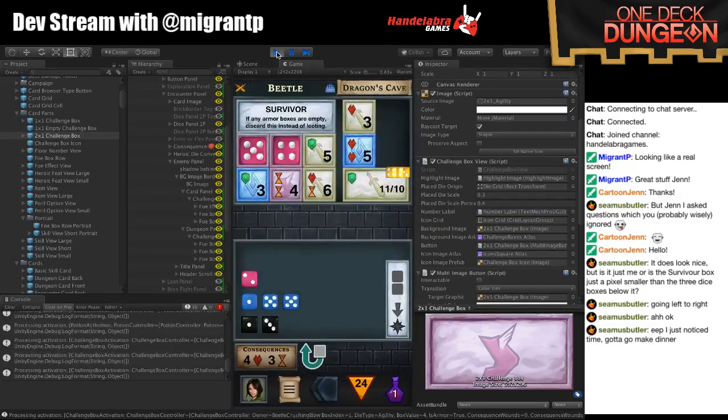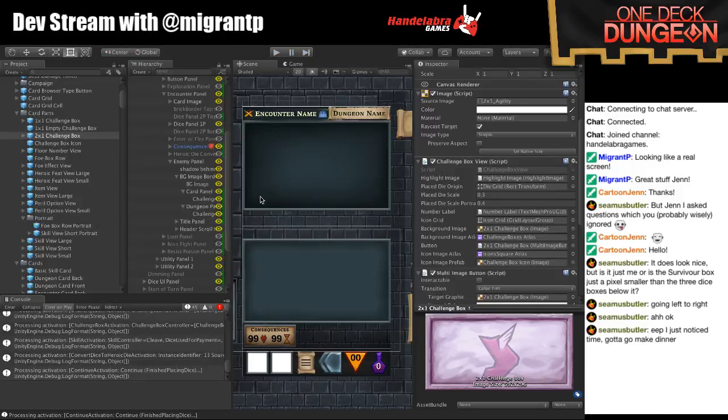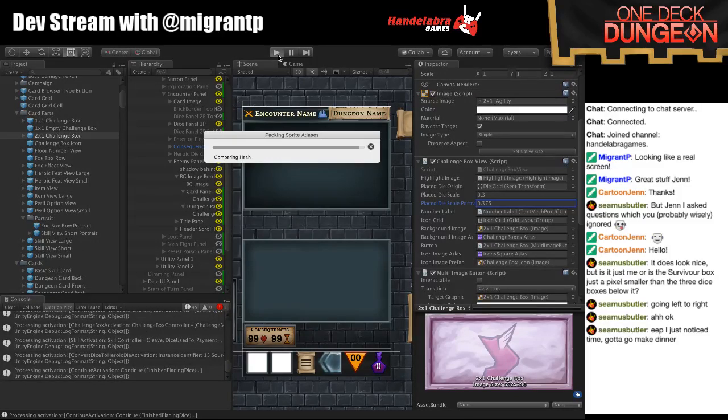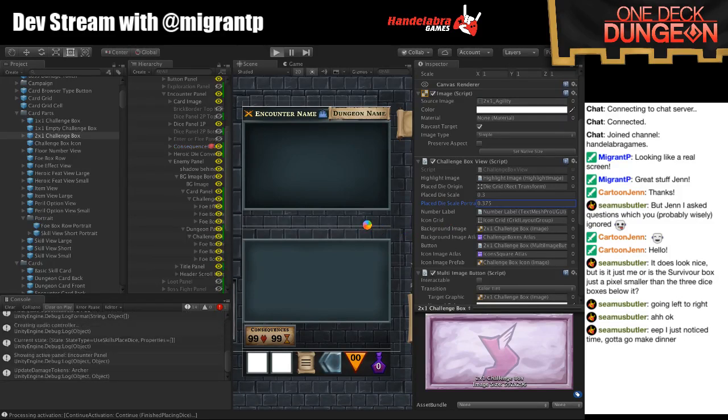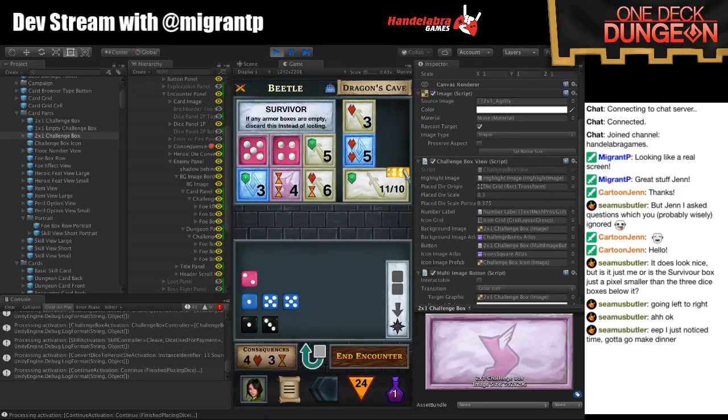Yeah, if we want them to be similar to landscape, that should be 0.3 divided by 0.8, right? That would be the right scale. Because 0.8 is the scale on the regular challenge box, we want them to look similar. So 0.375, almost 0.4. Cool, but they're not going together properly,